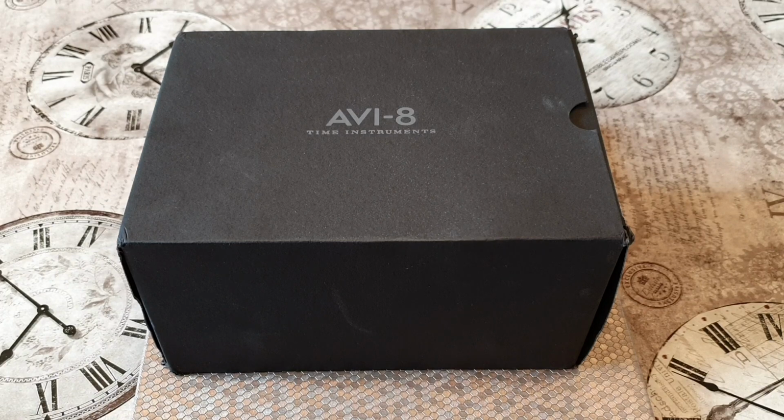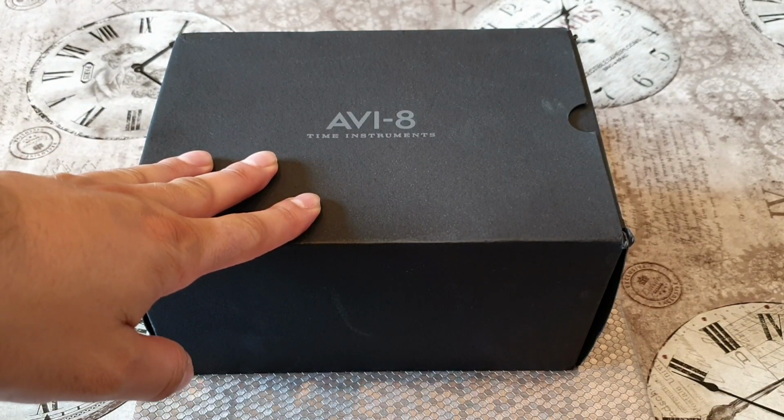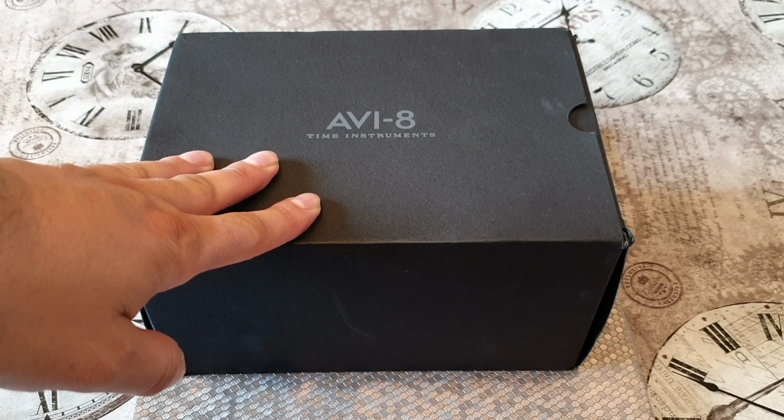Today we've got a brand new release from AV8 watches. The model number is the P51 Mustang Bottisham Automatic Limited Edition. They've only made 1,490 pieces. The particular model we're unveiling today is the AV8 4069. And this watch within this box is playing tribute to the P51 Mustang aircraft, an American aircraft in World